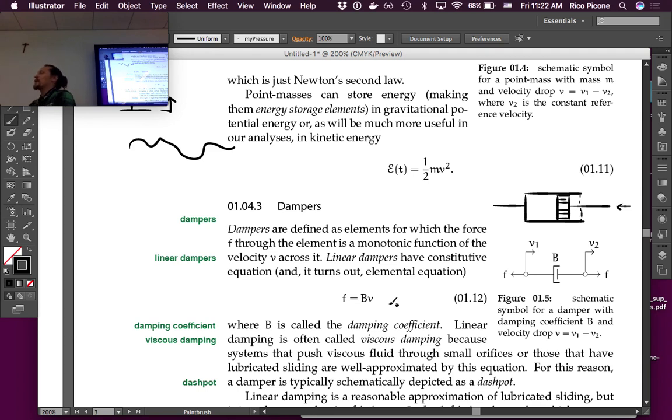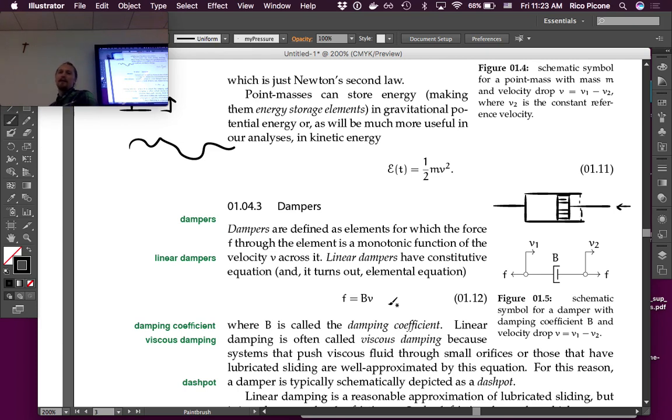It behaves that way because it damps out, right? If you had a spring and a mass connected and you just let that system go, it would oscillate forever, right? But clearly that doesn't happen in most systems. So we often will just say there's some damping in it, and we model it as a damping element. So it doesn't have to be a specific discrete element. It's relatively rare. We use the damper as a modeling element a lot more than we actually see a damper in a system.